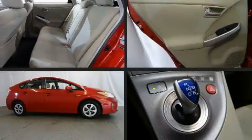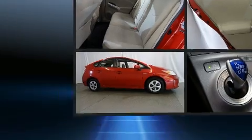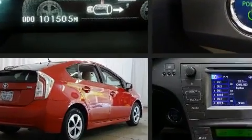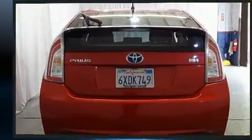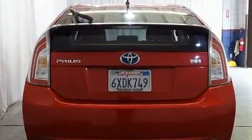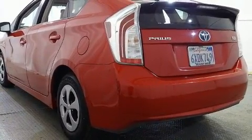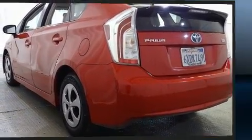The 2012 Toyota Prius. Smooth gear shifts are achieved thanks to the 1.8-liter four-cylinder engine. And for added security, dynamic stability control supplements the drivetrain. Top features include a split folding rear seat, a rear window wiper, one-touch window functionality, a trip computer, remote keyless